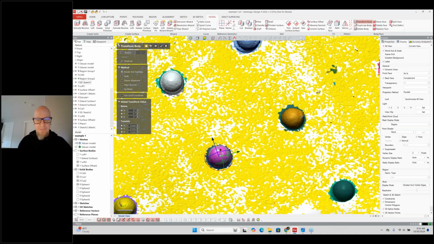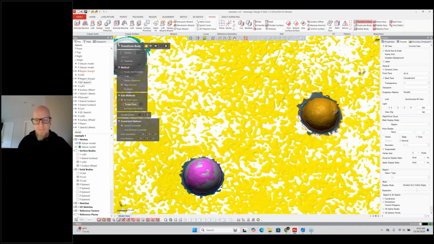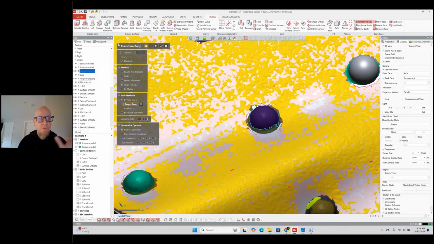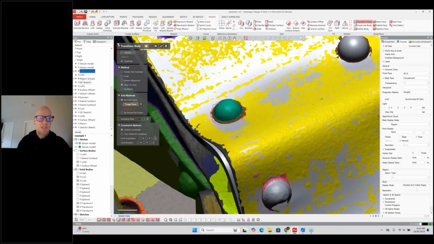And now what I will do is I will copy that, align to scan, and then I will start to pick areas like this area here, and then I will start to have the same sphere for all. Okay, a few ones I will need to move a little bit, changing location a little bit, and